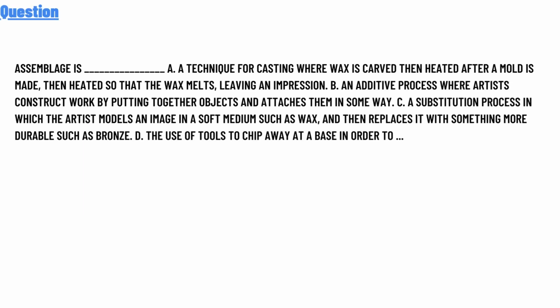So our today's question is: assemblage is? Option A: a technique for casting where wax is carved, then heated after a mold is made, so that the wax melts, leaving an impression. Option B: an additive process where artists construct work by putting together objects and attaching them in some way. Option C: a subtractive process in which the artist models an image in a soft medium such as wax and then replaces it with something more durable such as bronze. Option D: the use of tools that chip away a bare